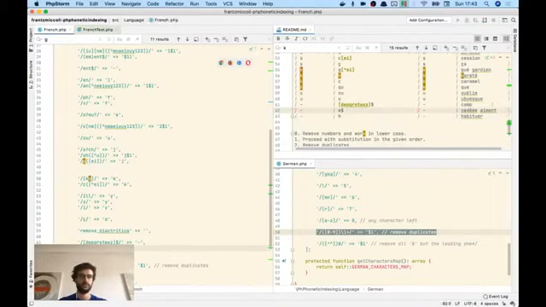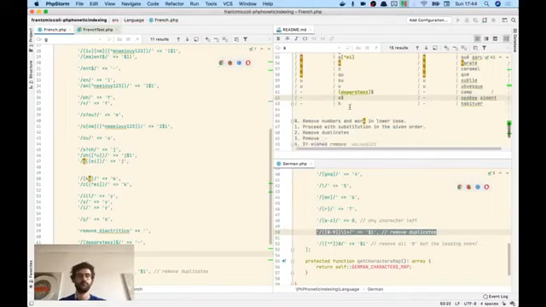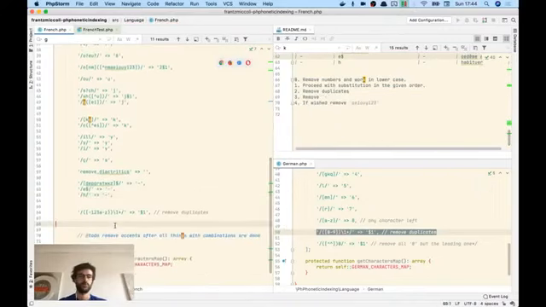Any E at the end is not pronounced in French. And H are usually, if they are not being used to pronounce anything else, you can ignore them safely in French. So we remove duplicates, and now we need to remove